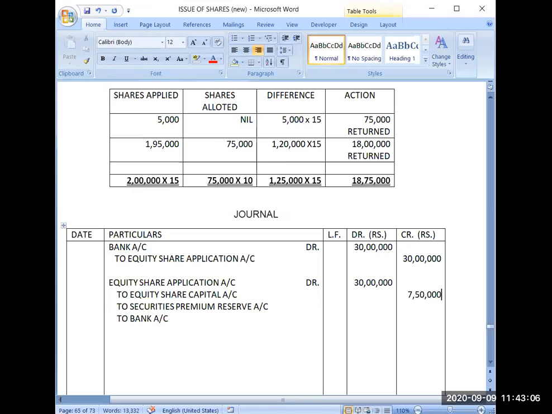Always remember that your capital will always remain as per the face value. It will never change. Due to premium or due to discount, the value will never change. Now 5 rupees per share is premium. So again I have collected premium on these 75,000 shares. So multiplied by 5, my premium will be 3,75,000. Yes, please. Got it?